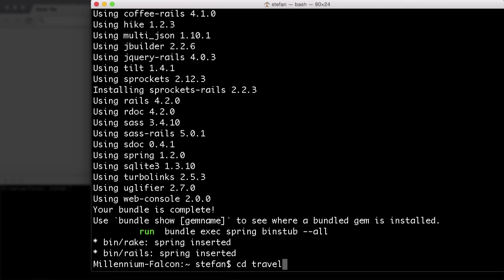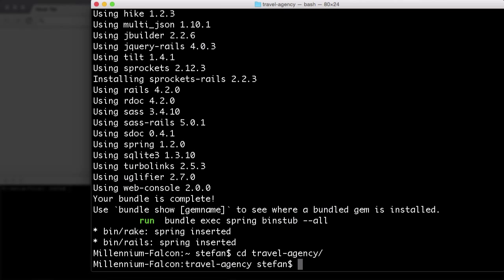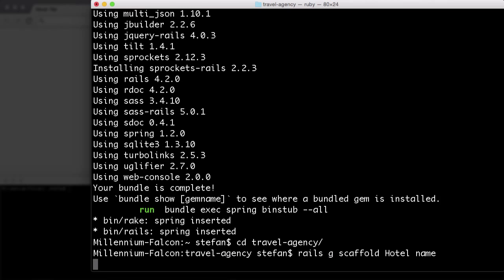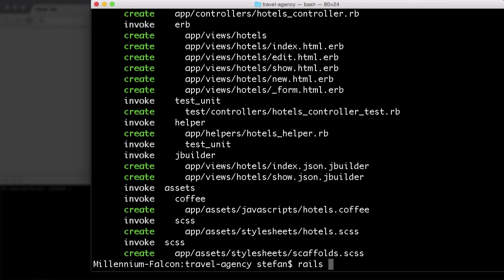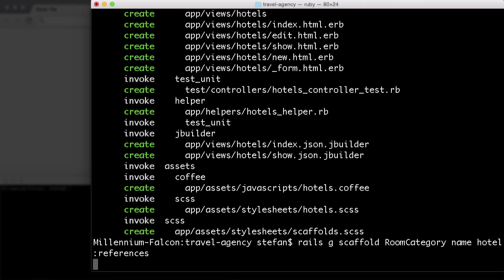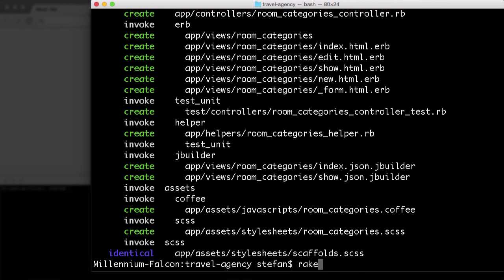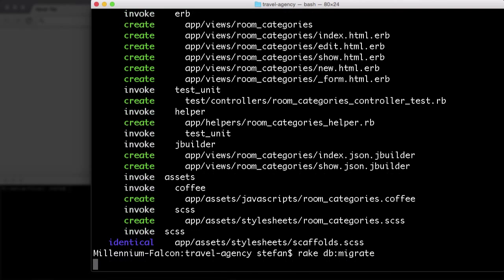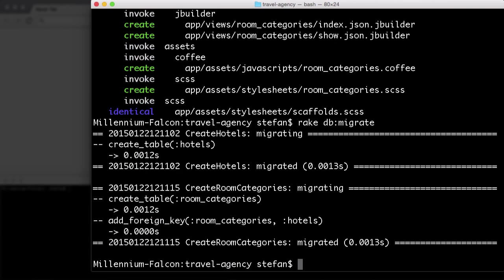CD into that, create a scaffold for hotel, create a scaffold for room category, do a rake db:migrate, and